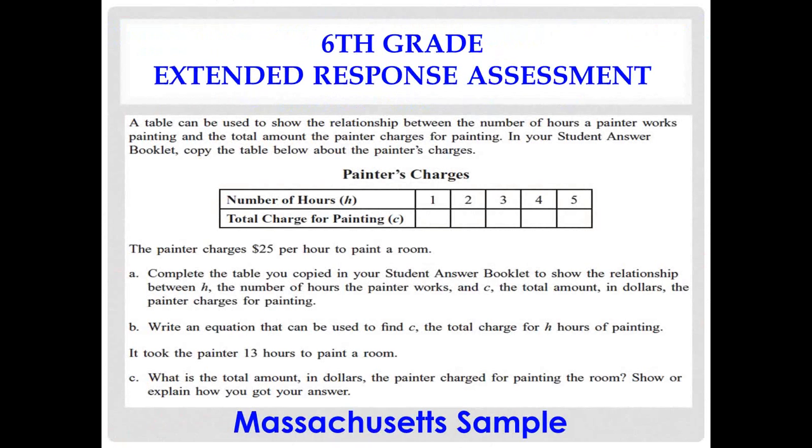The 6th grade extended response assessment item for today. Once again, it is an extended response because it is going to be scored off of a 4-point rubric, and we will see what that looks like. In another one of our sessions, I did not provide that to you at this point because a good strategy